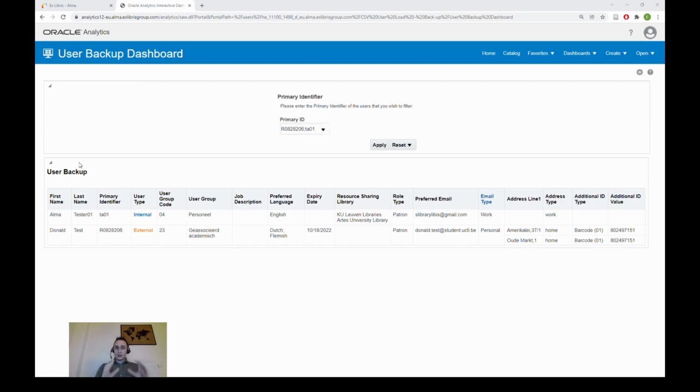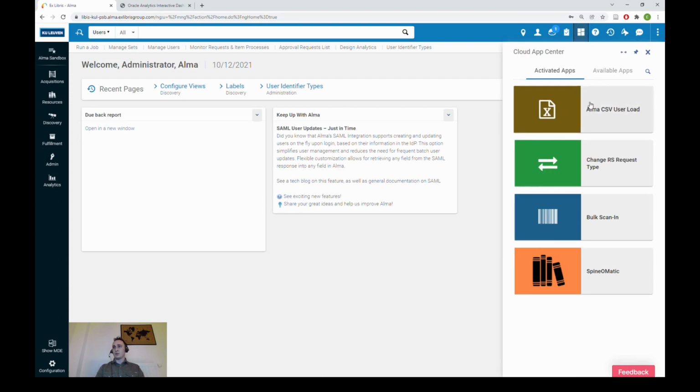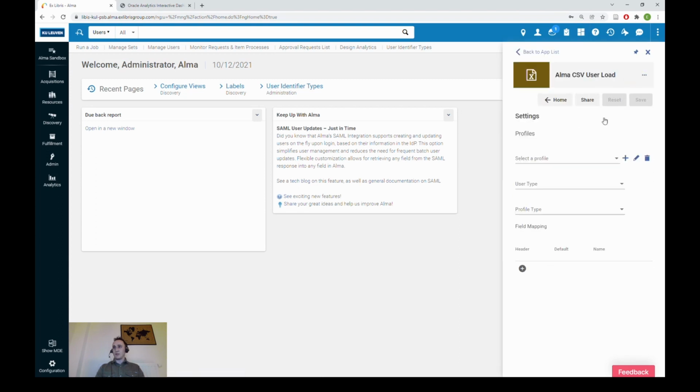This is probably the most interesting and at the same time the most useful operation, and it's the simplest operation in this case: deleting users using the Cloud App. So we will need only one profile. Let's access the app and let's see it side by side with our CSV file.